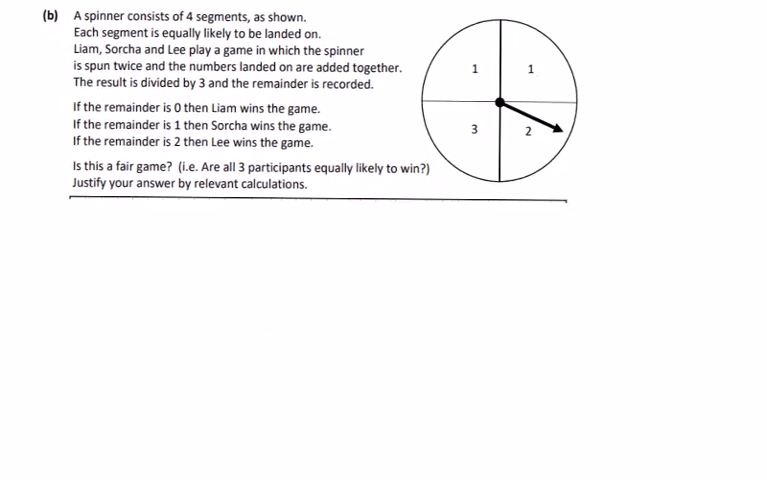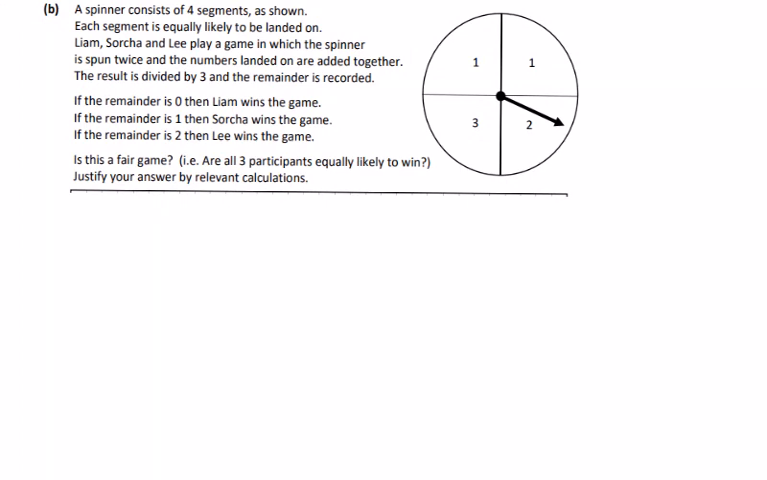Okay, spinner question. I think maybe a little bit unfair, this question, the way it was phrased. But if we see expected value, we know we have to do expected value. We could do that first. Although in this case, we're going to read the question. There's a little kind of trick, a little hidden thing inside this question, maybe that I missed the first time I read it. A spinner consists of 4 segments. Each segment is equally likely. Liam, Sorka, and Lee play the game in which the spinner is spun twice